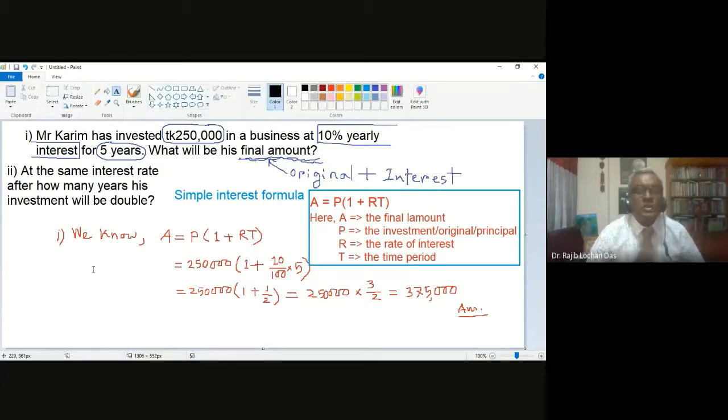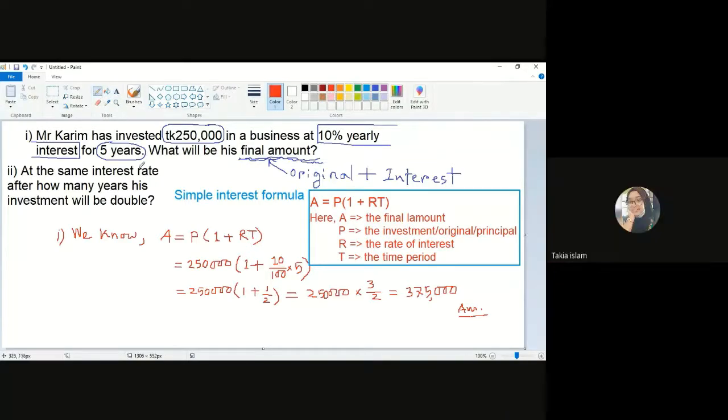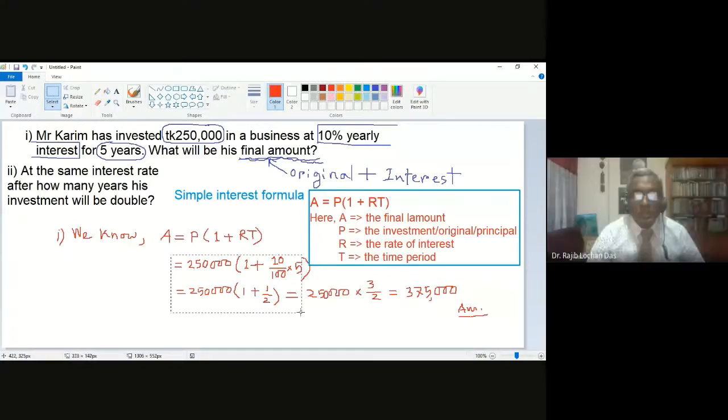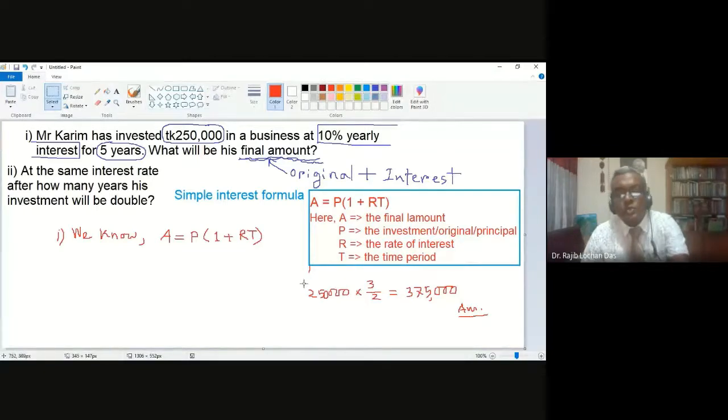So who can solve this? Sir, I can try. Yes, try. Actually, everyone can solve this. Everyone can solve this by the same formula. Just apply the formula, the result will come. Very simple thing.